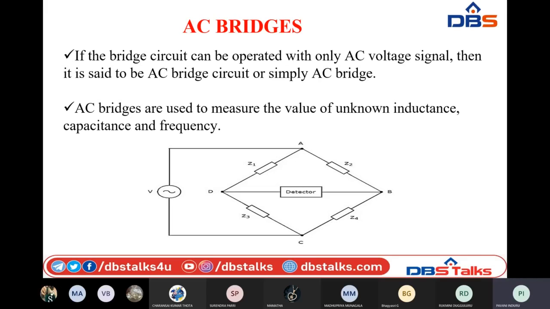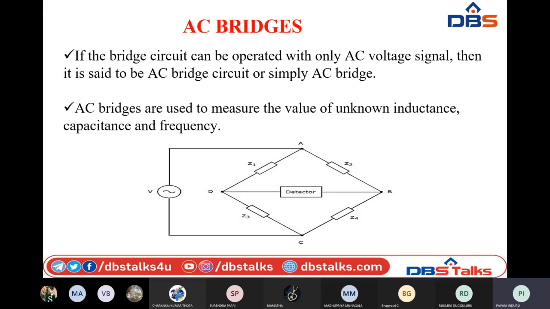In the previous sessions, we have seen how the DC bridge is constructed. In the DC bridge, we have one closed loop. It has 4 arms, and in the 4 arms we have 4 resistors. We have used a DC signal source, and in the other junction a galvanometer for finding out the current fluctuations or voltage variations.